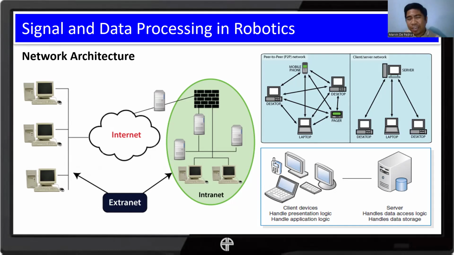That's why when we have our robots meant to be communicating with the outside world or with other devices within a network, then we have to make sure they're using the same protocols, and that the communication media suit well with the purpose of our communication and so on. We consider all these things, especially right now in Industry 4.0 where our robots are just part of a bigger picture.